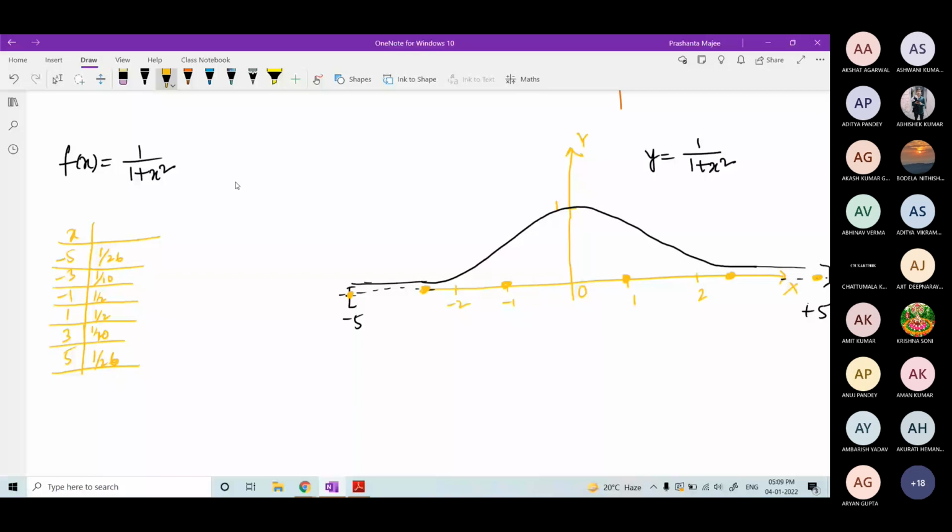Okay. So if you find out the polynomial by any interpolation formula and plot it over this graph, it will be something like this curve. This will be the polynomial P5(x). Now you see it is not exactly matching. So to get more accurate, you'll have to increase the data points.